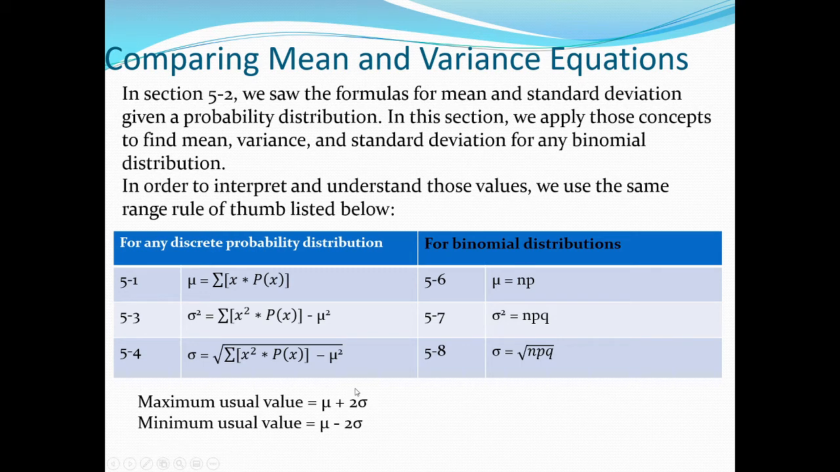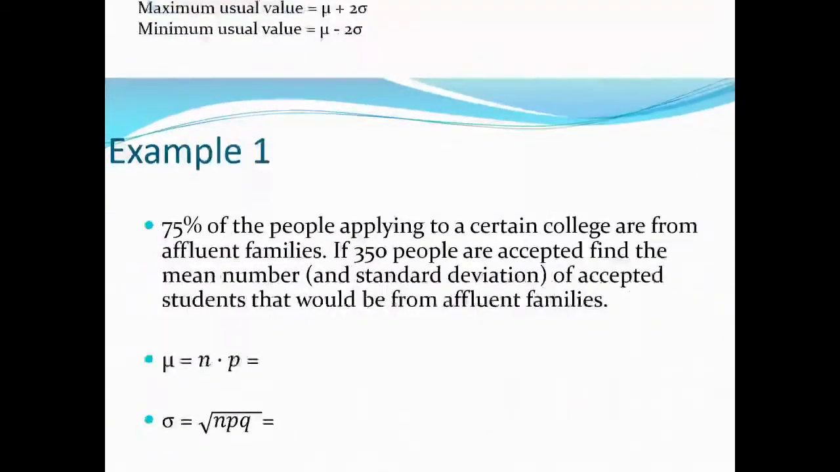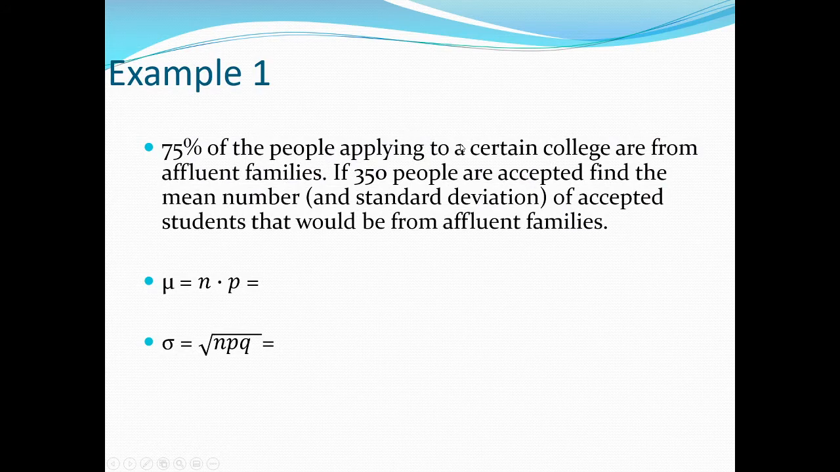So let me show you how we use these formulas in practice. We have 75% of people applying to a college from affluent families. If 350 people total are accepted, find the average number and deviation of accepted students that we would expect to be from affluent families. If the college, from past studies, accepts 75% of people from affluent families, and that's the general makeup right now, if 350 people are accepted, on average how many of those would we expect to be from affluent families? Well, if we have 350 people accepted, that's n, times